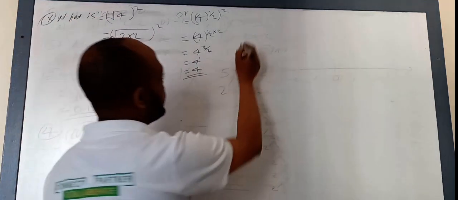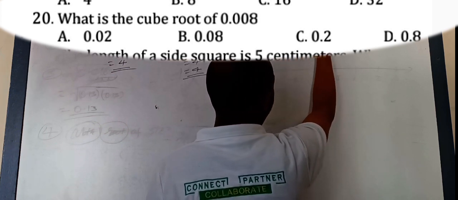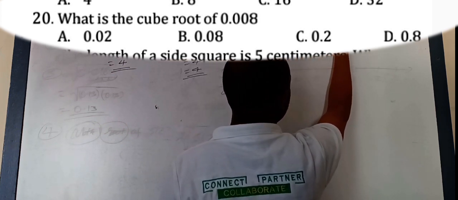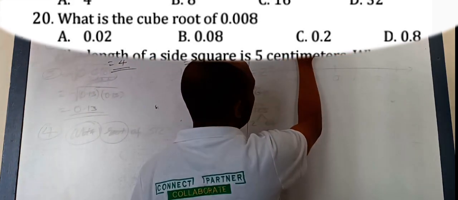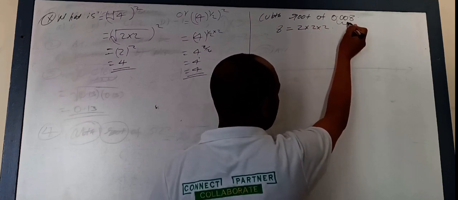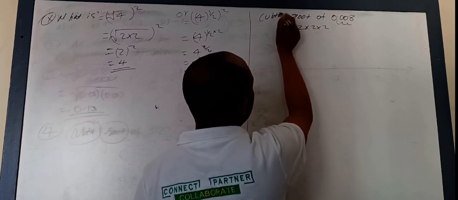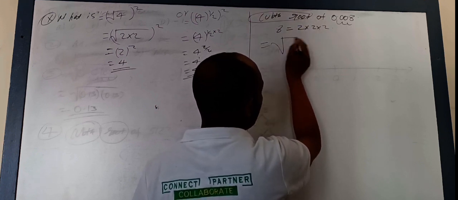And what is the cube root of 0.008? Cube root of 0.008. So 8 is equal to 2 times 2 times 2, right? But this one has 3 decimal places. And we are asking the cube root of this, which is equal to the cube root of